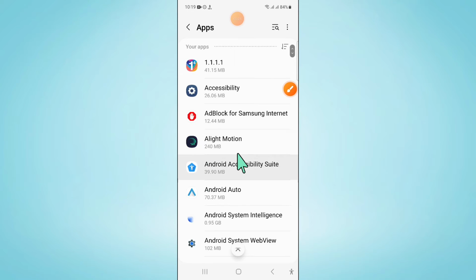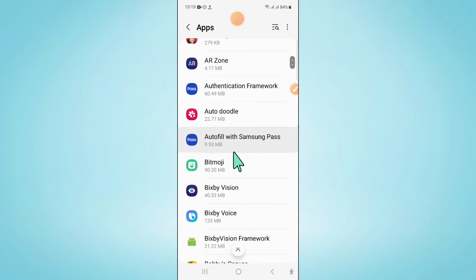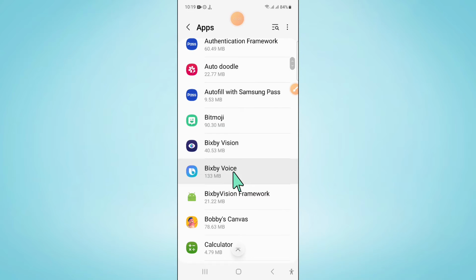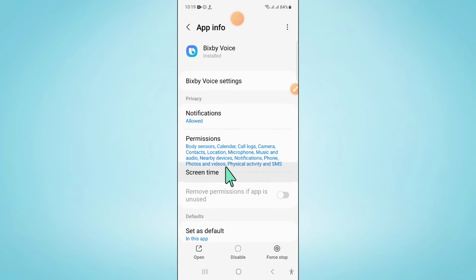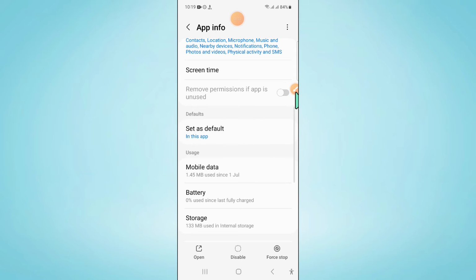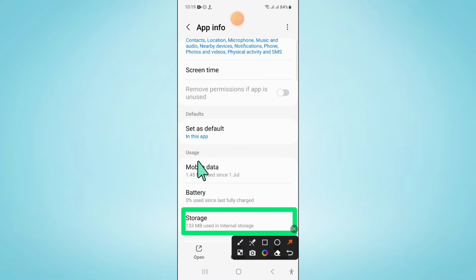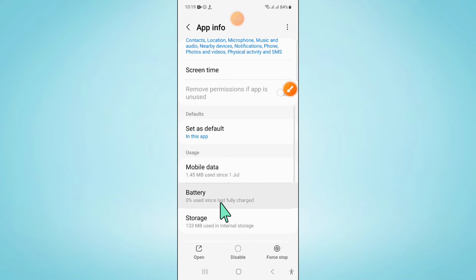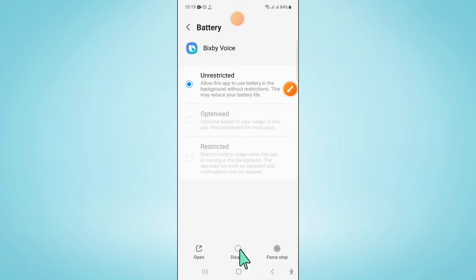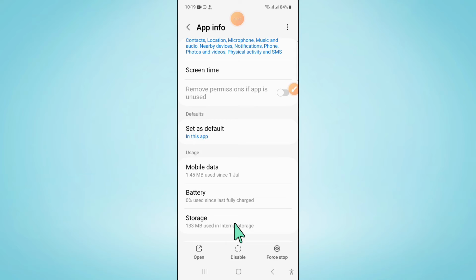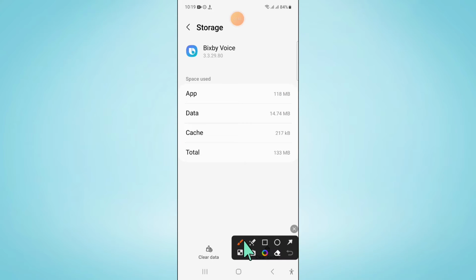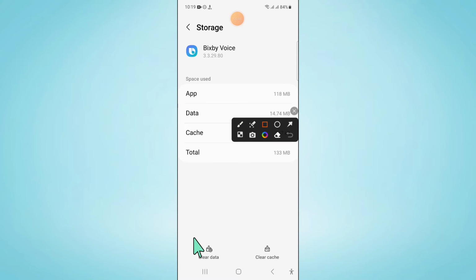Now in apps scroll down and from here open an app and then go to the storage of that app. Now after opening that app and going to its storage, clear the app data and cache memory of that app,